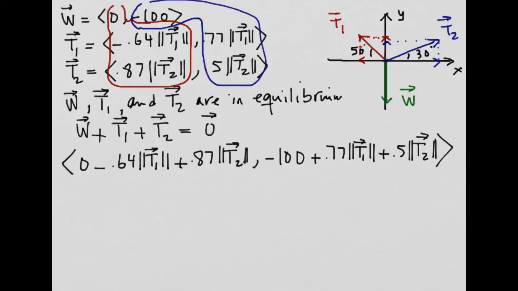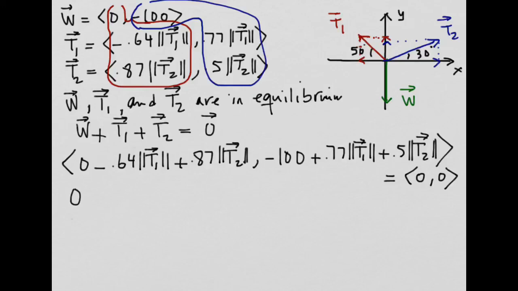This is the left-hand side. The right-hand side is the 0 vector, which has components 0, 0. And we know that two vectors are equal if and only if their components are equal. So this last vector equation gives rise to two equations, namely